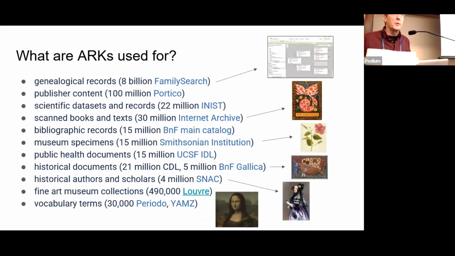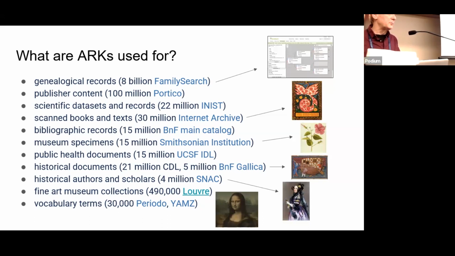So what are people using ARKs for? Here's a list of examples, in descending order according to the number of ARKs assigned. I'll mention just a few. The heaviest user by far is the largest genealogical research organization, called Family Search International. Next is the archive of all the source files for mainstream published content. It's Portico. Technically, they have over 40 billion ARKs, but apparently only about 100 million are interesting to outsiders, or so they say. A lot of this is anecdotal, right? Because we're decentralized, we don't have firm numbers, we just have stories that we've been told.